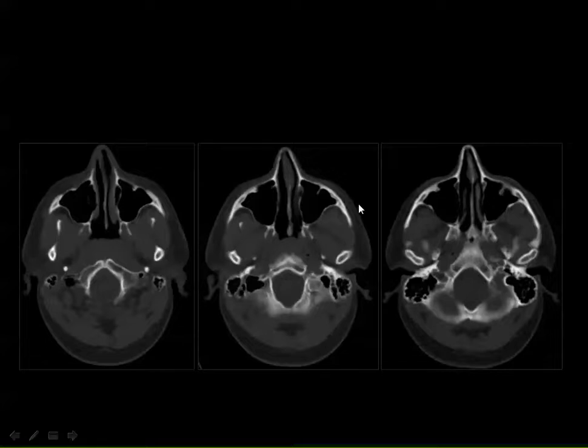Then more up, you see the maxillary antra on both sides. This is the nasal septum, nasal bones, and this is part of the zygomatic arch. Then here you can see the full course of the zygomatic arch. This is the head of the mandible in the region of the temporomandibular joint, and this is the maxillary sinus